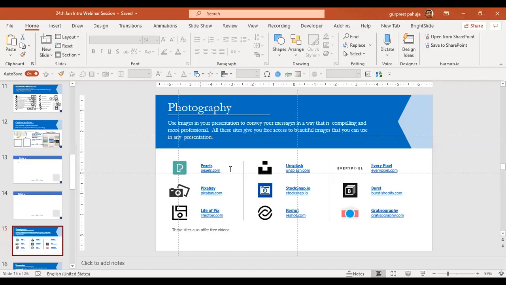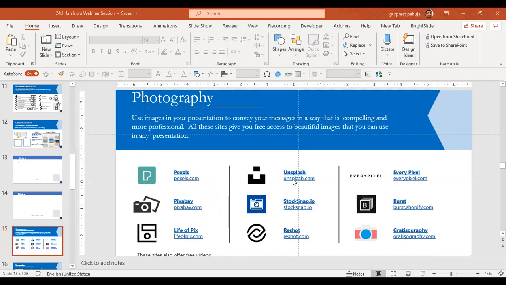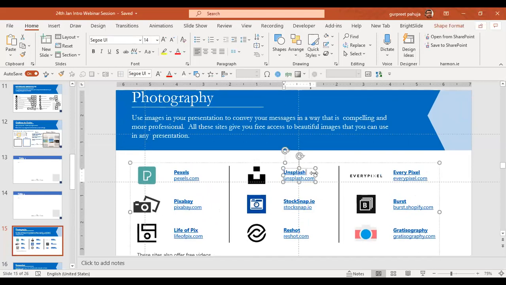So now these are some of the websites from which you can pick up stock images which are free. I will share a handout of it. Vidya had a question if you can use it. Unsplash is the website where all the stock images are free. Let me share it in the chat right now.